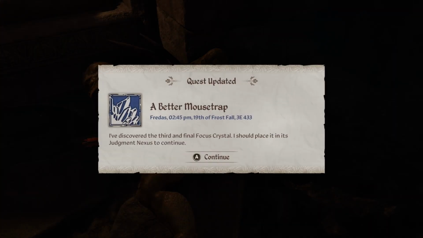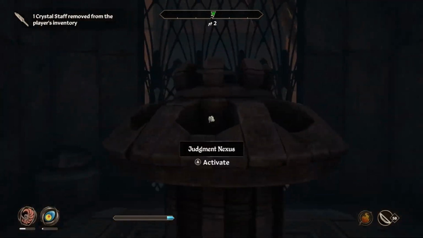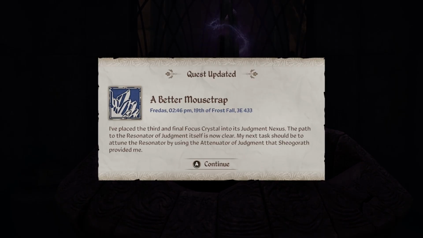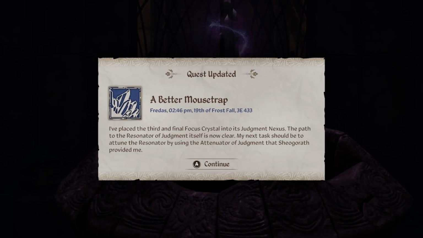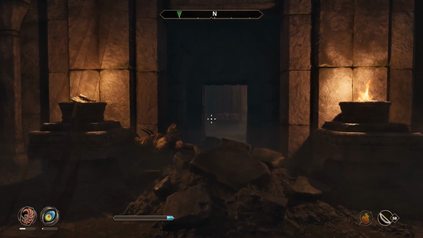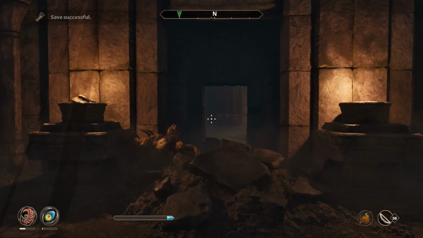I've discovered the third and final focus crystal. I should place it in its judgment nexus to continue. I've placed the third and final focus crystal into its judgment nexus. The path to the resonator of judgment itself is now clear. My next task should be to attune the resonator by using the attenuator of judgment that Sheogorath provided me. But first...